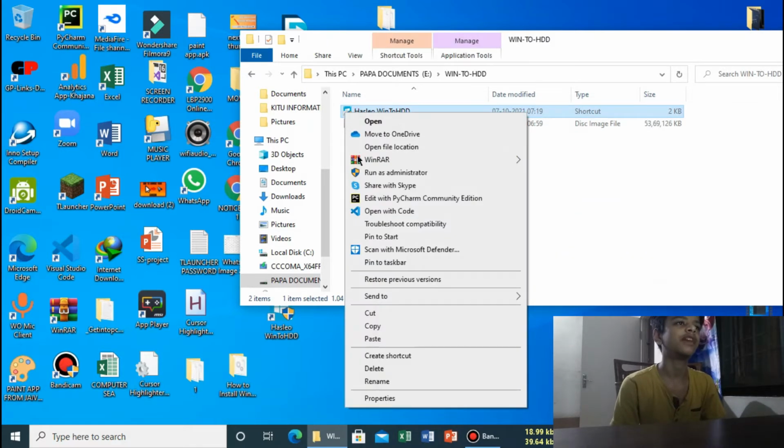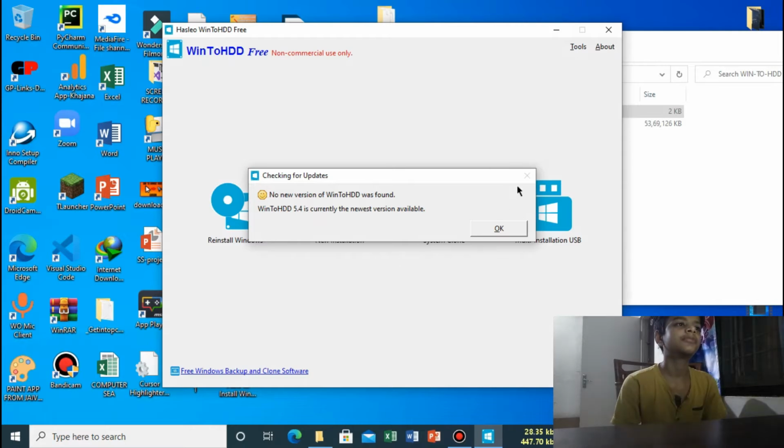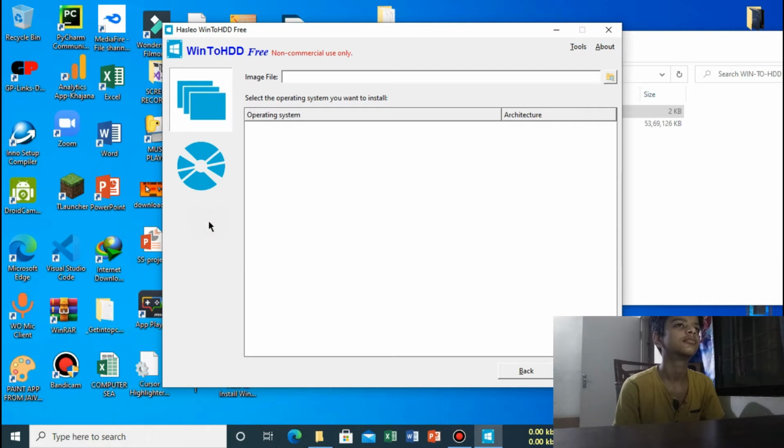So now open this software, right click and click on Run as Administrator. So close this browser. Now click on OK, and now you can see that all settings are told to us here. So now click on Reinstall Windows, because we have to reinstall our Windows. Guys, it will take some time. If it takes time, then give it time. Don't launch it again and again, otherwise it can get crashed.